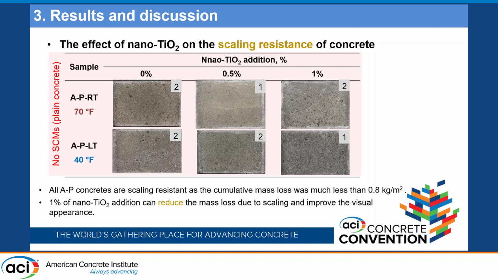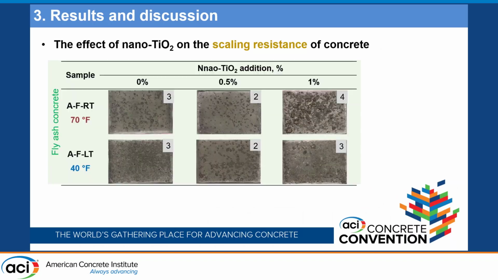We also were looking at the Canadian standard. Ontario Ministry of Transportation has this criterion that if your scaling is less than 0.8 kilograms of mass loss per square meter, then you have no scaling problems. And all of those specimens were way below that, so we really didn't have scaling problems. When you look at the